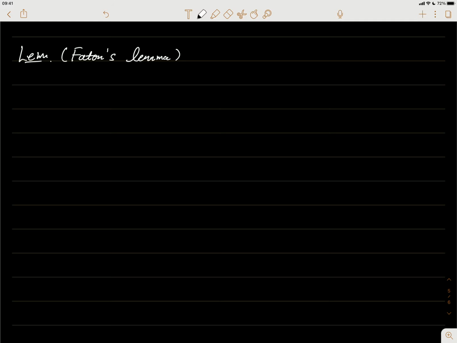What is interesting about Fatou's lemma is that it doesn't require much in the way of conditions. It's really a trivial condition, but we can get that conclusion. So it almost came for free. What it says is that if we have a sequence of non-negative measurable functions, then the integral of their lower limit of the sequence